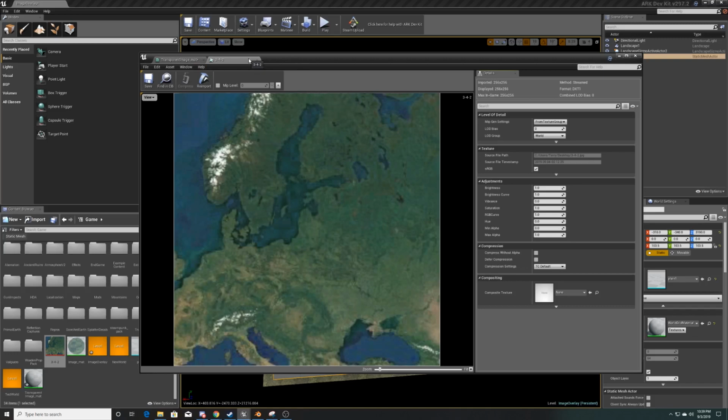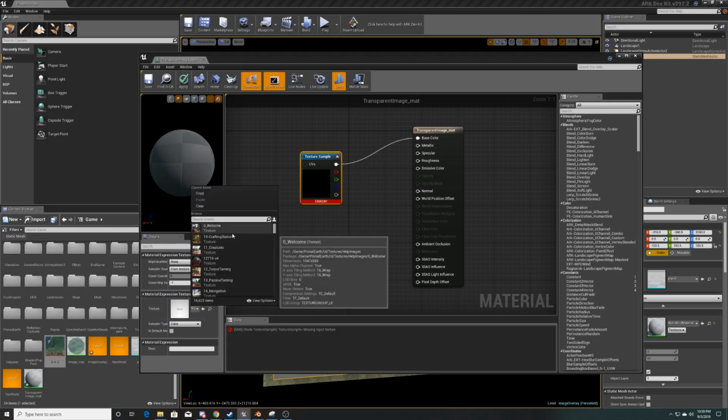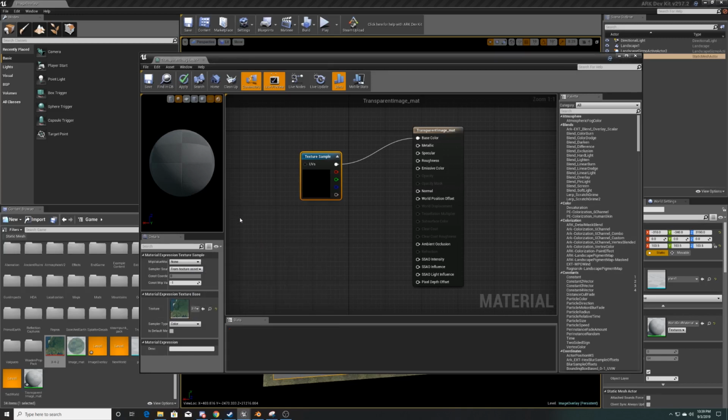So this is the texture that I imported. It's just a random thing off Google of Europe. Fine. What I'm going to do is come down here to texture, and on the drop down I'm just going to search the name of the texture that I imported, which is this image of Europe. I'm going to select it, and we'll see in a second once it populates on our 3D image,